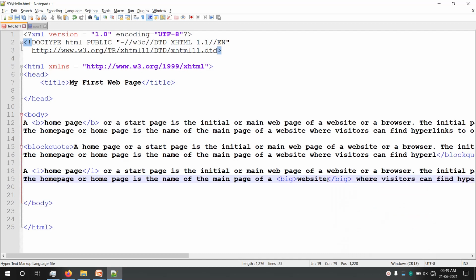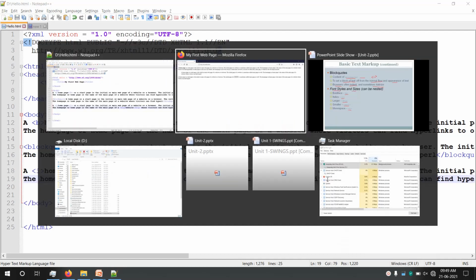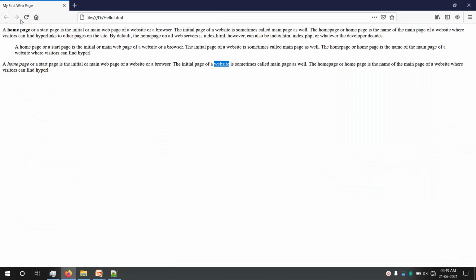Okay, so if I refresh this, you can see here this word website looks a bit larger than the regular font.